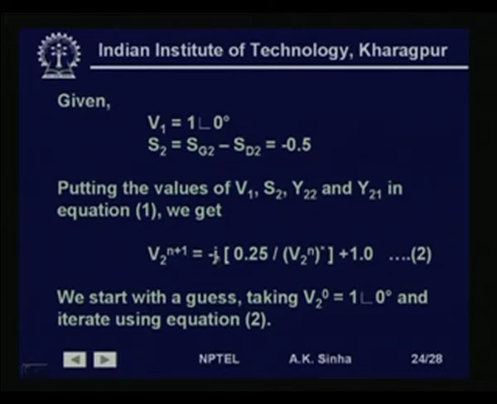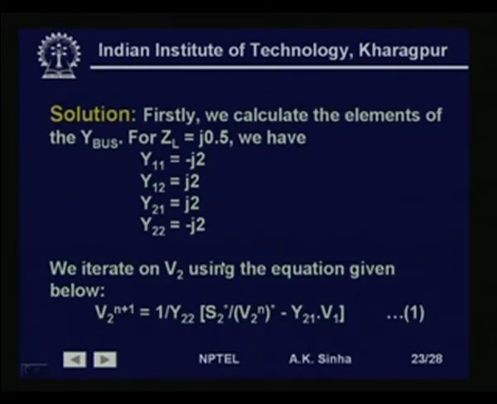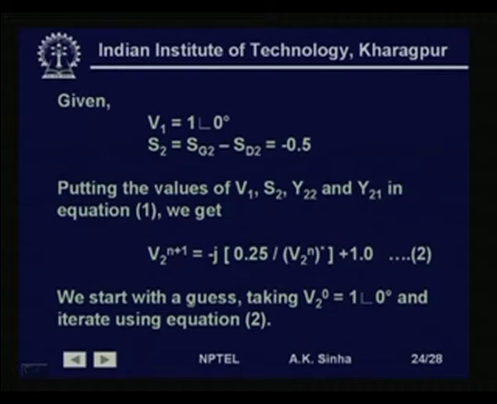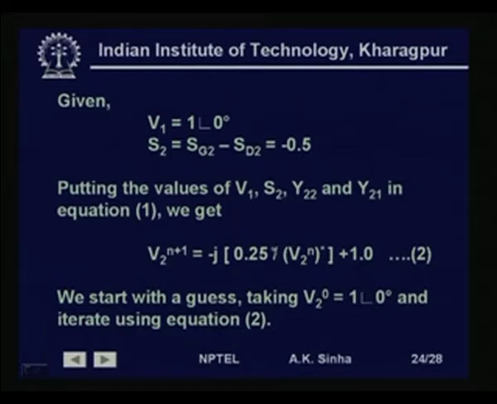If we substitute the values here, I am sorry, here Y22 is minus j2, right. So if we substitute here, then we will get this V2 as this, and